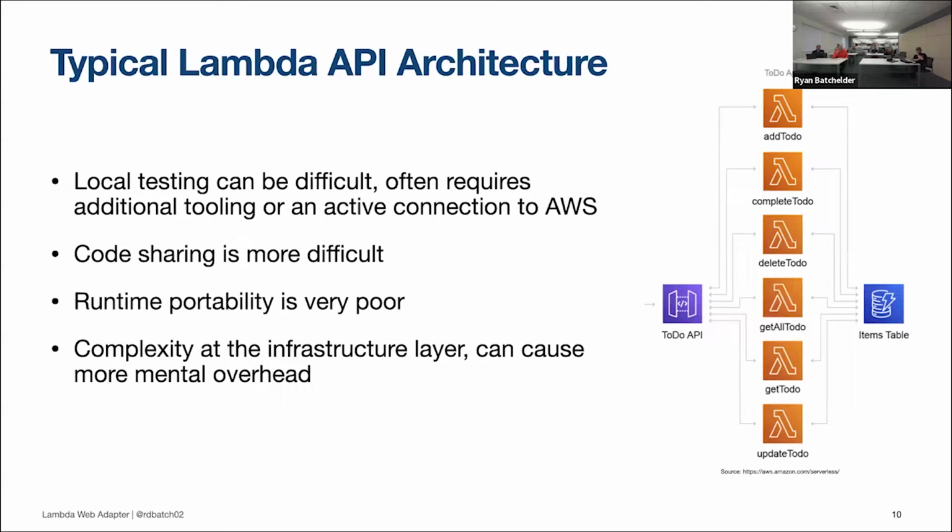And in this case, we have a distinct Lambda function for each of those operations. And we'd be configuring API Gateway here so that each of those operations is a distinct configuration in API Gateway. This can be a little challenging to test locally because now you have a whole bunch of different tiny code bases that you have to run together in some way to actually test out your code. Or you need an active connection to AWS. You need to actually sit there and type CloudFormation deploy, CDK deploy, whatever you're doing, and then go hit AWS,